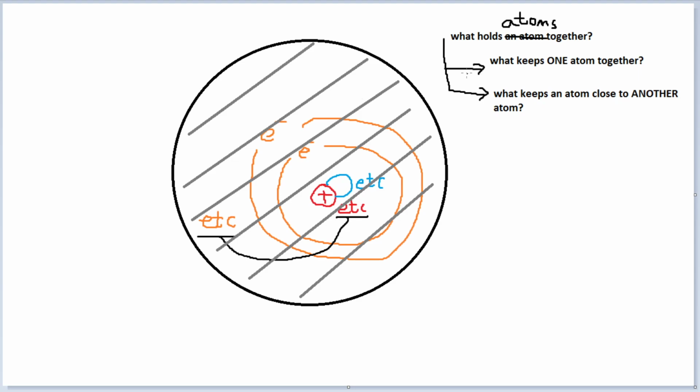Do I mean that? You should ask me, do I mean that meaning number one? Or do I mean this meaning number two? Am I asking what keeps one atom together with another atom? And those are different questions. I hope you can see the difference. If you don't understand how these two questions are different, you probably need to pause this video now and think about it. You need to understand why these two questions are different. They're not the same question.